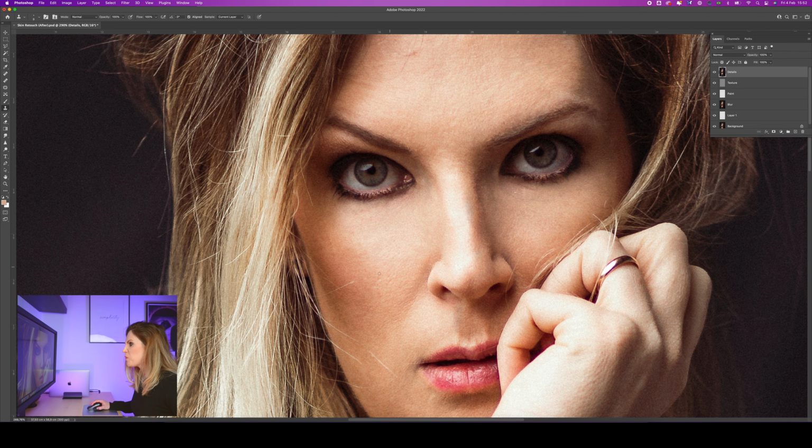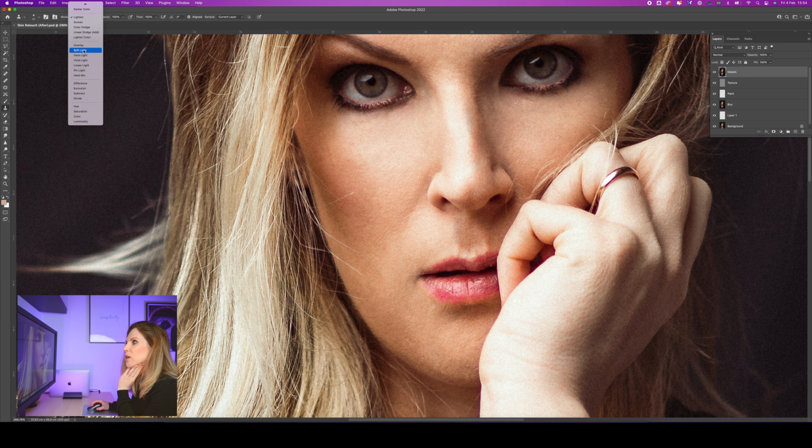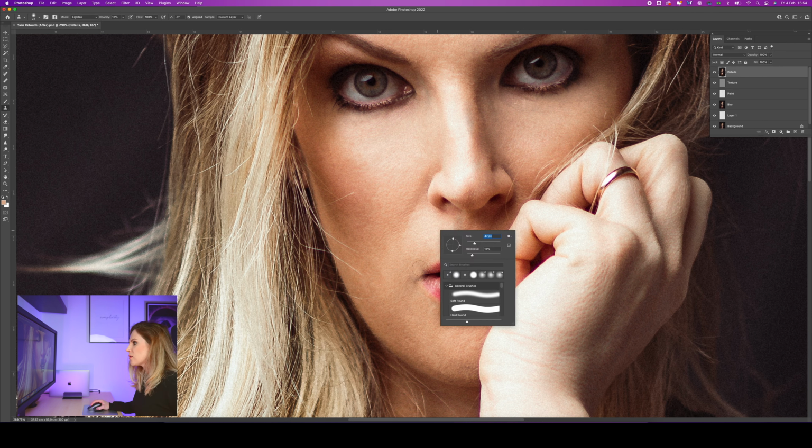This process might take you from 10 minutes to an hour, depending on how much you want to work on the skin and how much there is to be worked at. And at this point, I can even get rid of this hair here. And for example here, I want it to look a little bit lighter. So sometimes I'll work with the clone stamp tool, and instead of using the normal mode here, I put it on lighten. And then I set the opacity for around 15%, size of the brush around this. For example, at this area, I want to make it lighter without changing the texture.